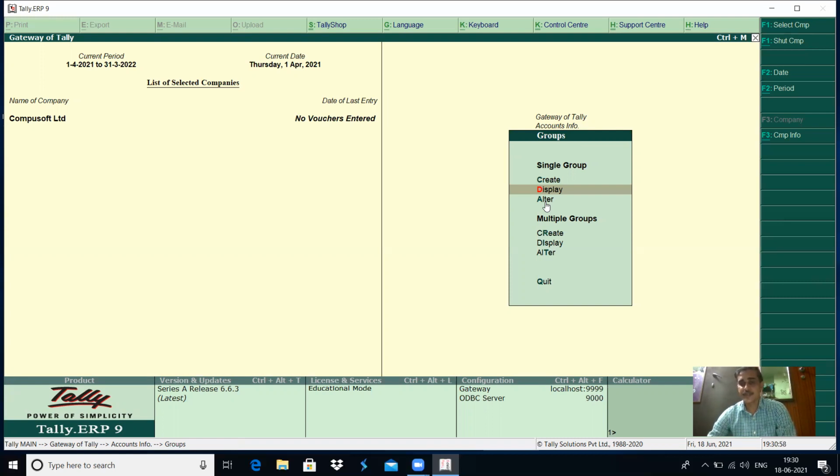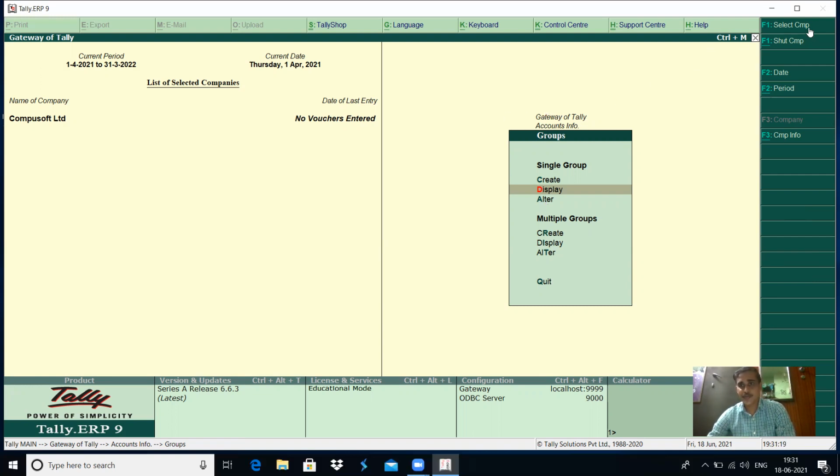By taking those problems itself, I will show you how to enter these transactions in Tally. Before that, in the next class, I will show you how to create the groups. Then let us go forward with how to create the ledgers and how to create the voucher. Thank you. To close the Tally, what you have to do, that also I will show you.